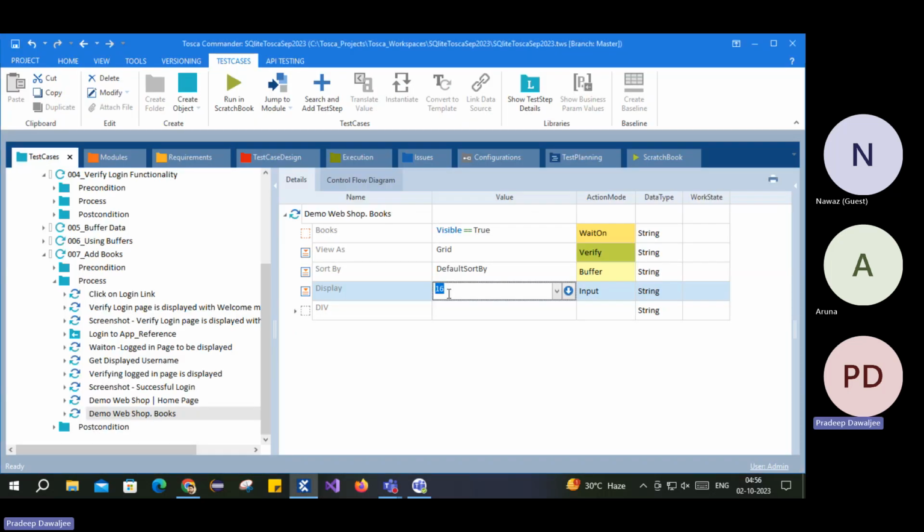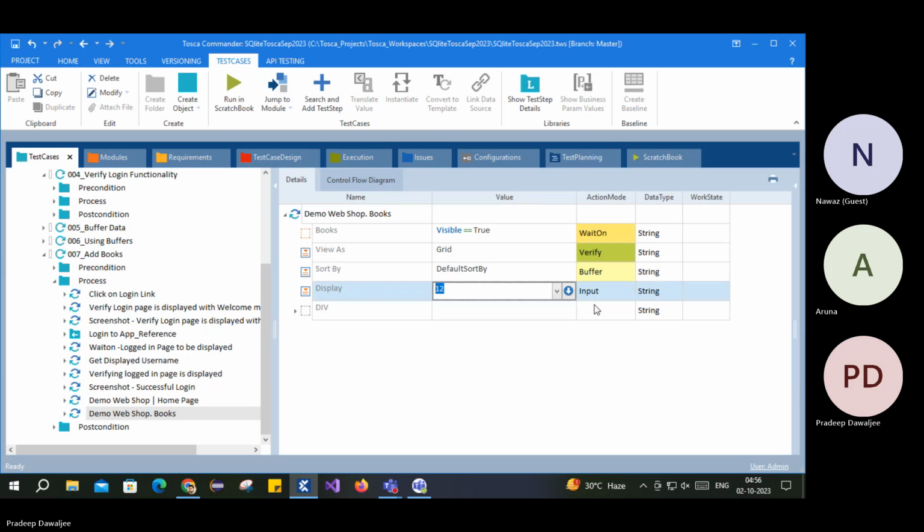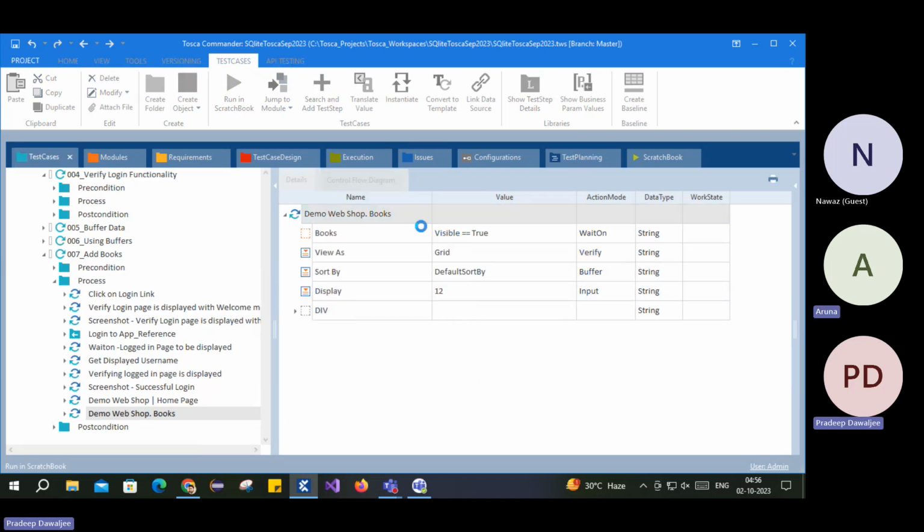So here I'll say, okay, I want 12. So I'll take 12 from this. I can remove this because I just don't want to confuse you. That's it. So when I execute this one, now